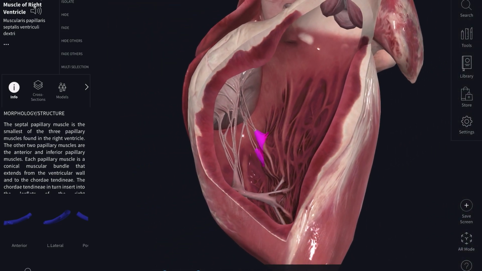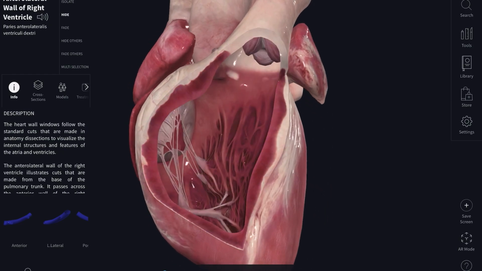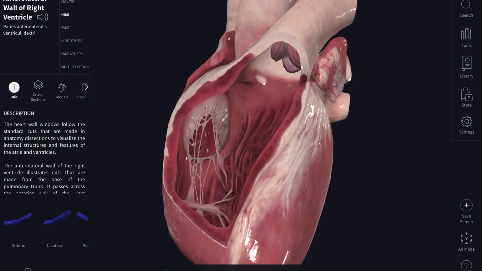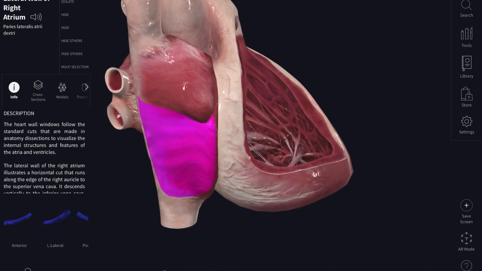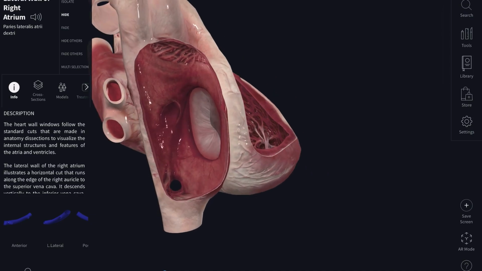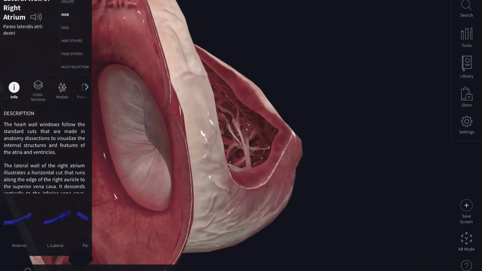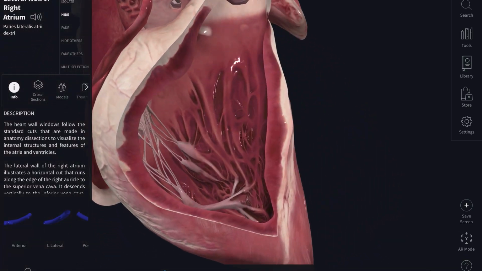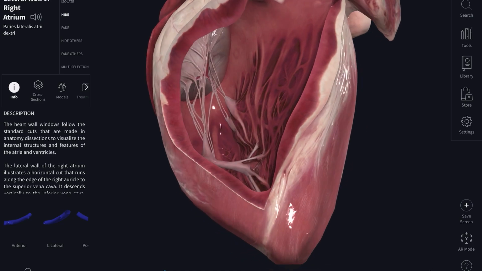So if we look at this, we can see that from that right atrium, we're getting those tricuspid valves opening up. Blood is coming right through those cusps into the next part of the